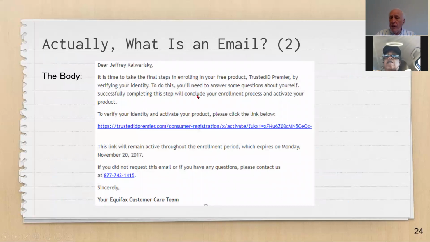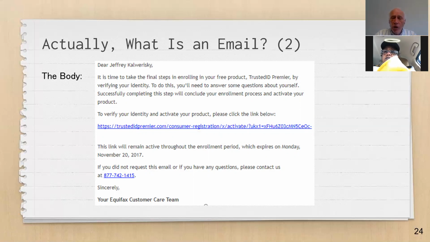After that comes the body of the email. So that's the header. Nobody ever looks at the header. So we're going to look at the header on some emails in a moment. And here's the body of an email that I actually received. It's got some text in it, doesn't matter what it is. And then it's often got text like this in blue with a line under it, right? And we know we can put our cursor, our mouse, on there, or if it's on our phone, we can touch on there and it will take us to this place, right? So this underlined, usually blue text is a pointer, taking you to somewhere on the internet, right?